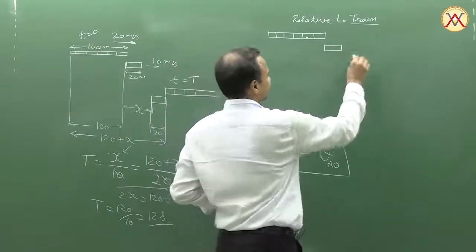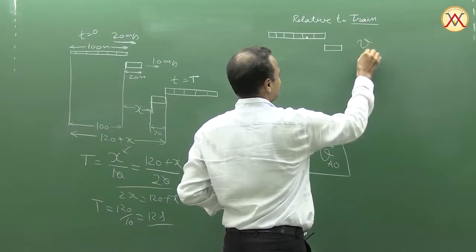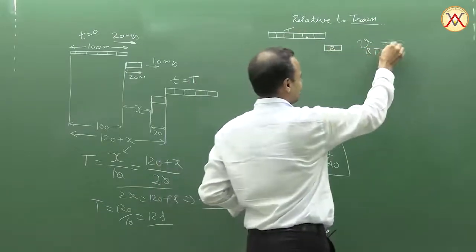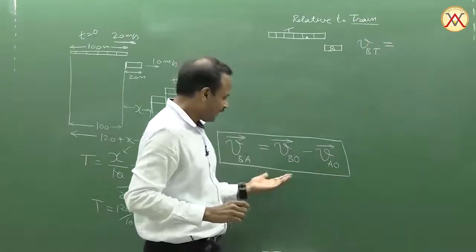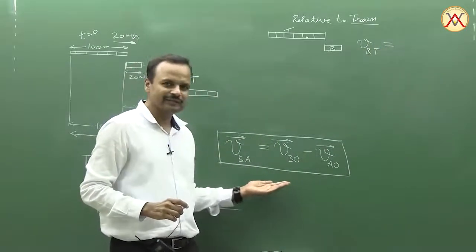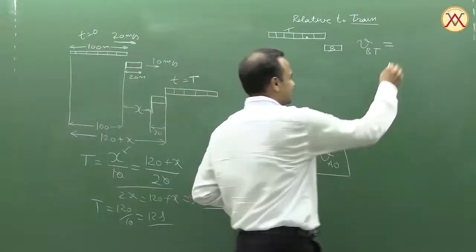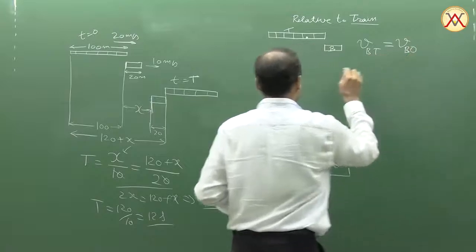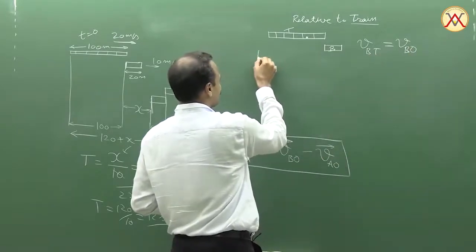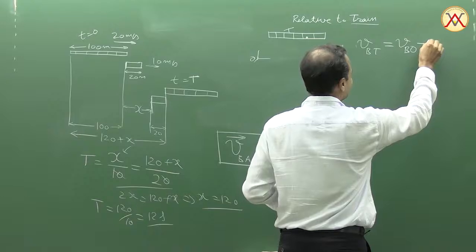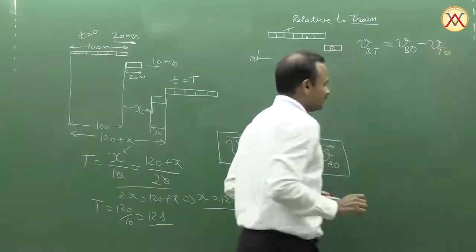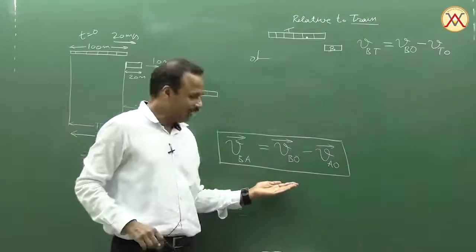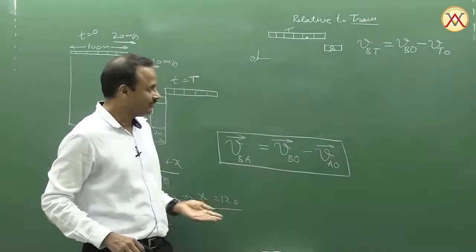Now, what about the velocity of bus? So, velocity of bus relative to the train. This is the bus B, this is the train T. Velocity of bus relative to train, according to this relation which we derived for relative velocity, we can write this as VB relative to ground. Let's call a ground observer as O. Okay. So, VBO minus VTO, velocity of bus relative to ground minus velocity of train relative to ground. We have just applied this concept which we derived.